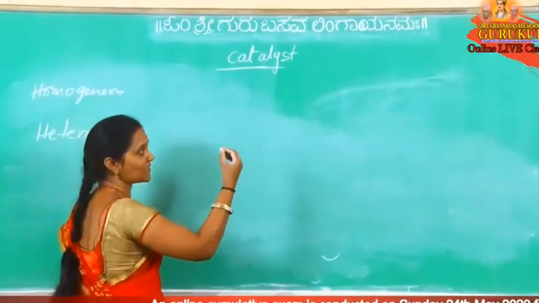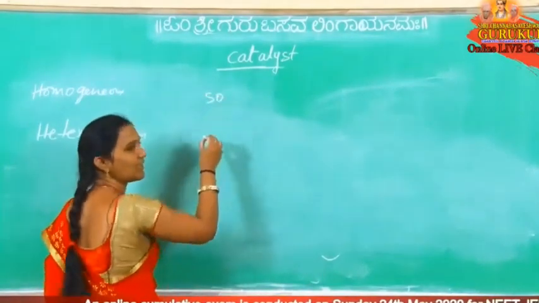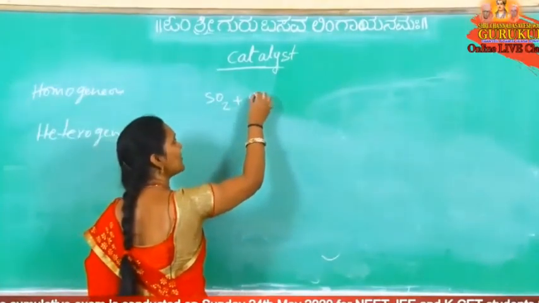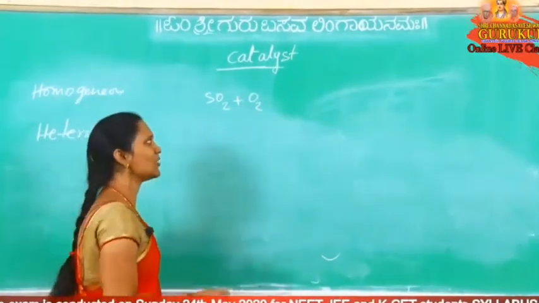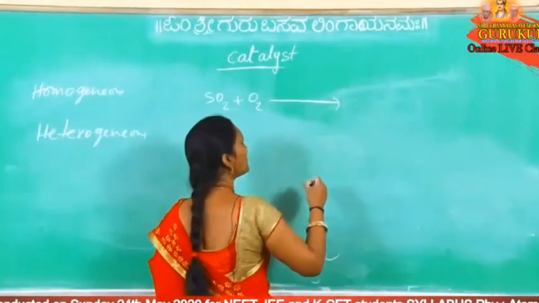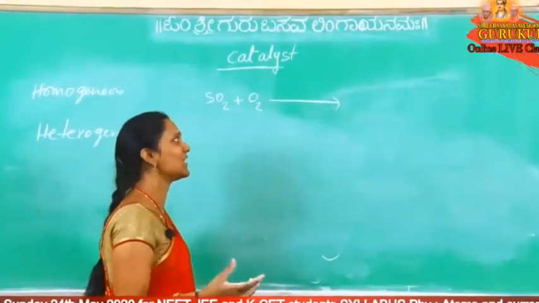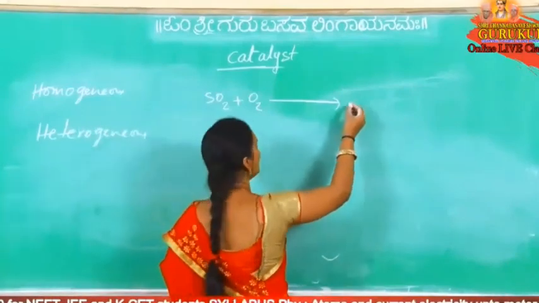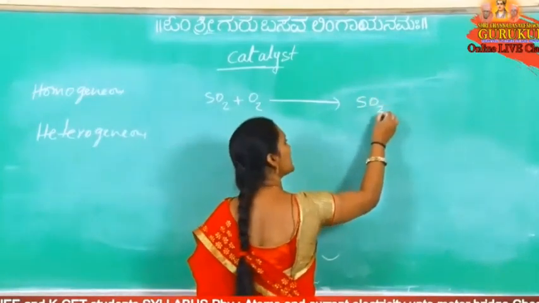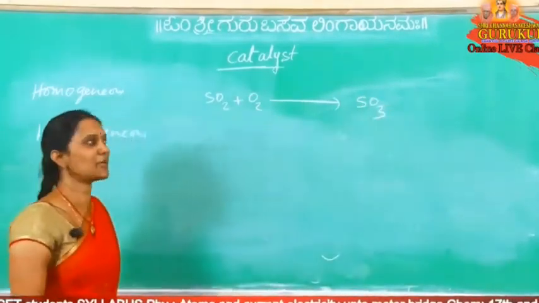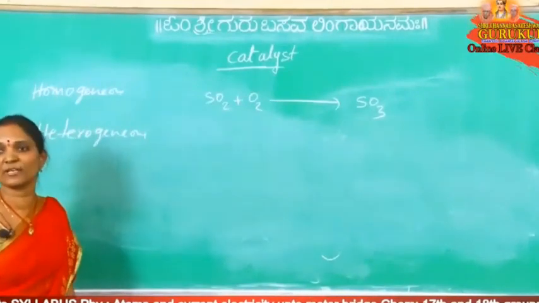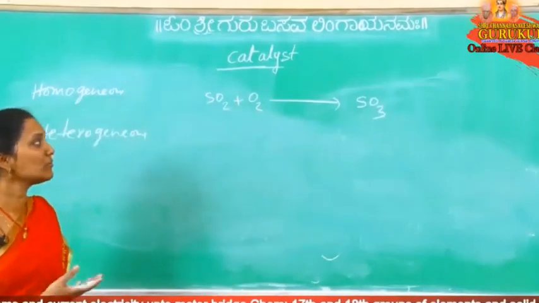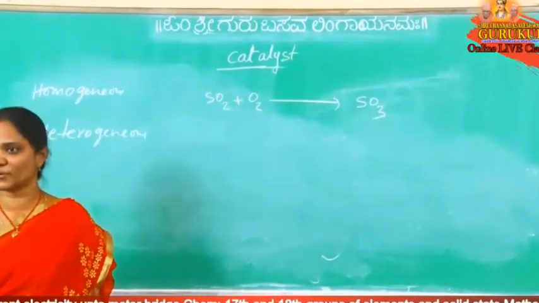So in the lead chamber process, what is the reaction? Lead chamber process, SO2. Sulfuric acid common name? No need to ask that, king of chemicals. I am not asking the king of chemicals name, other name. One more name is there for sulfuric acid. It is also called chamber acid. Why is it called chamber acid? This is prepared by using the lead chamber process. Sulfuric acid common names: king of chemicals, or chamber acid. It is called chamber acid because it is prepared by using the lead chamber process.